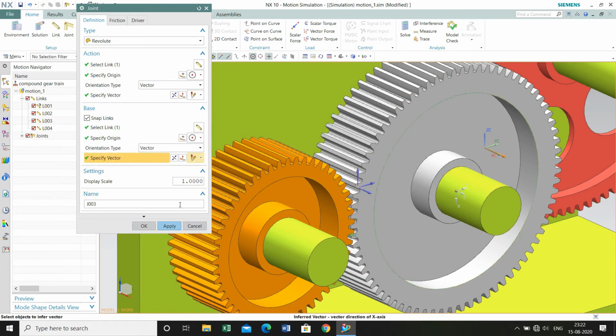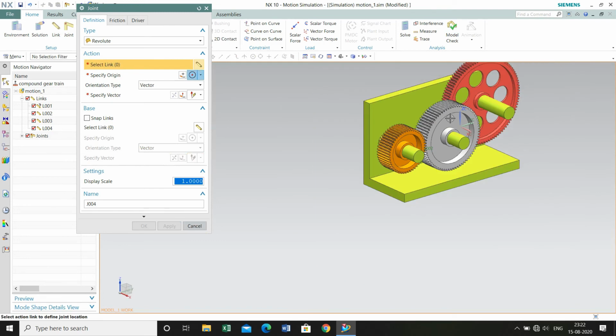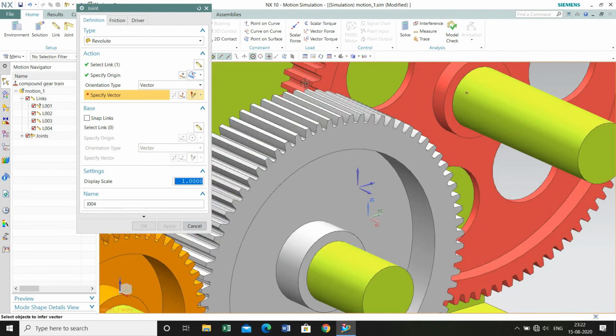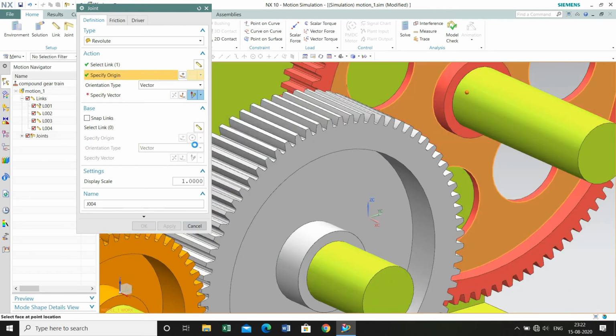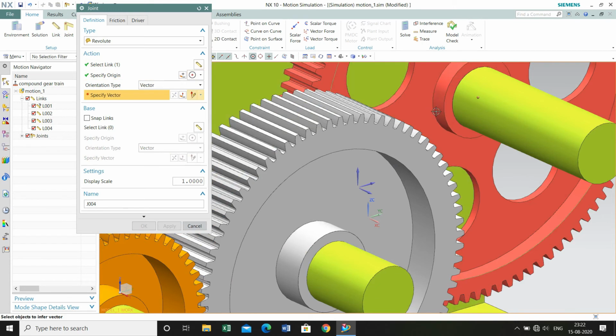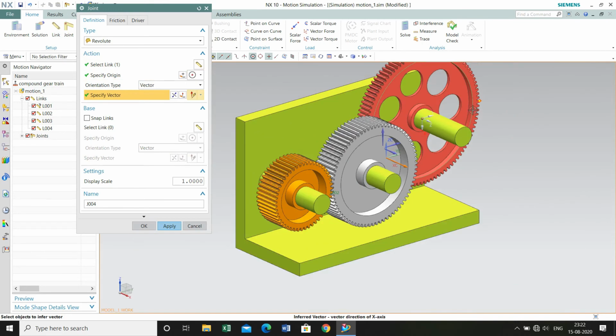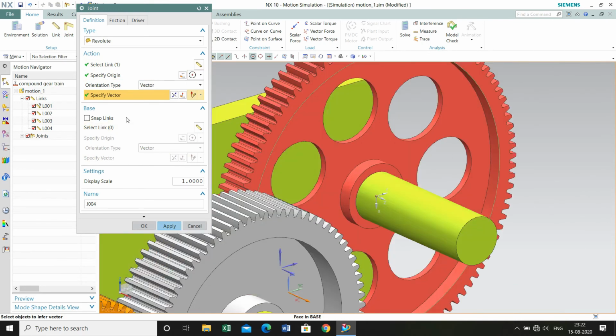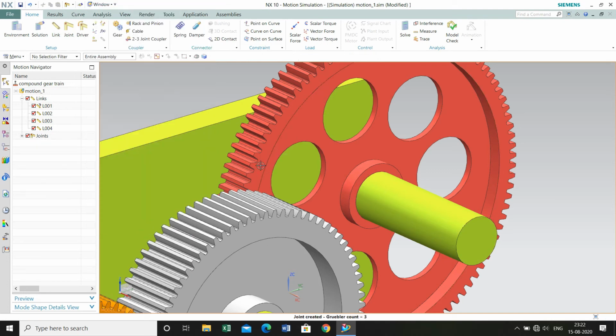And why do we need to make sure that the origin is at the center of the circle of this gear? Because NX will take that point as the axis of rotation. So it's really necessary to correct that position and click OK.